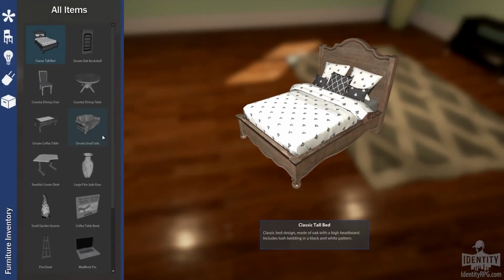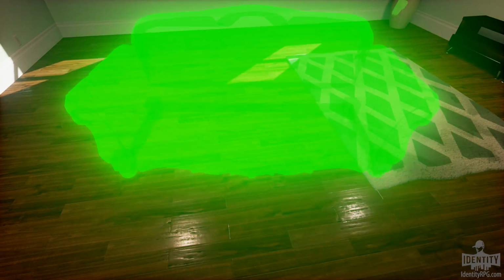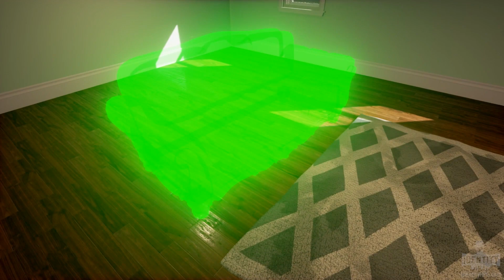It's time to put some furniture in here. See, we have a sofa, leather sofa. I have mostly traditional kind of furniture selected here as a kind of...